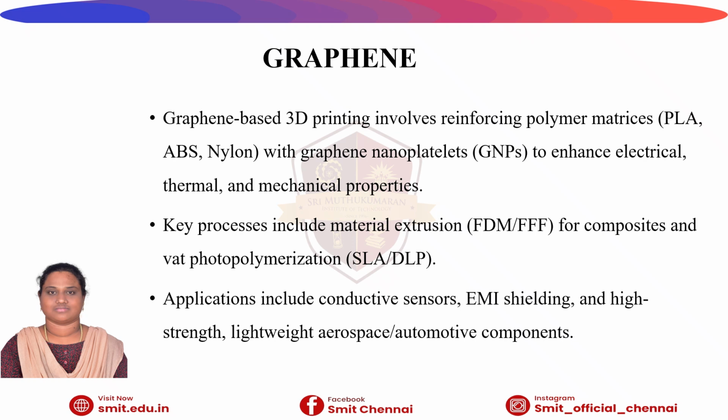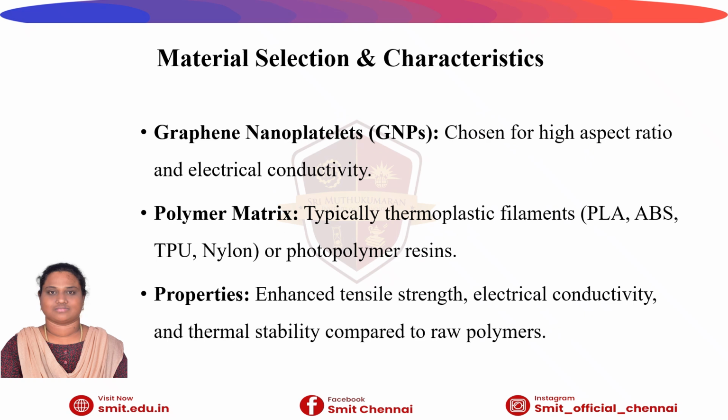This is commonly achieved using material extrusion techniques like FDM or FFF for graphene polymer composites, as well as VAT photopolymerization processes such as SLA and DLP when graphene is incorporated into photopolymer resins. Due to these improved multifunctional properties, graphene-based 3D printed parts are increasingly used in applications including conductive sensors,